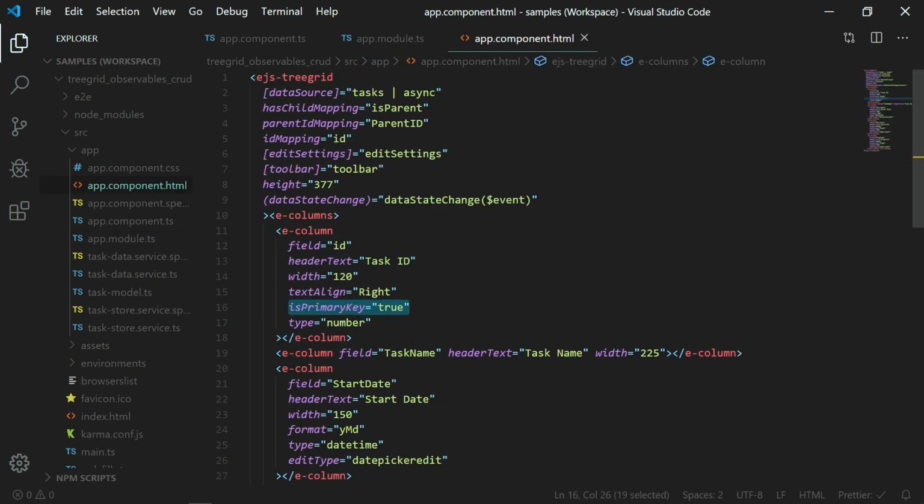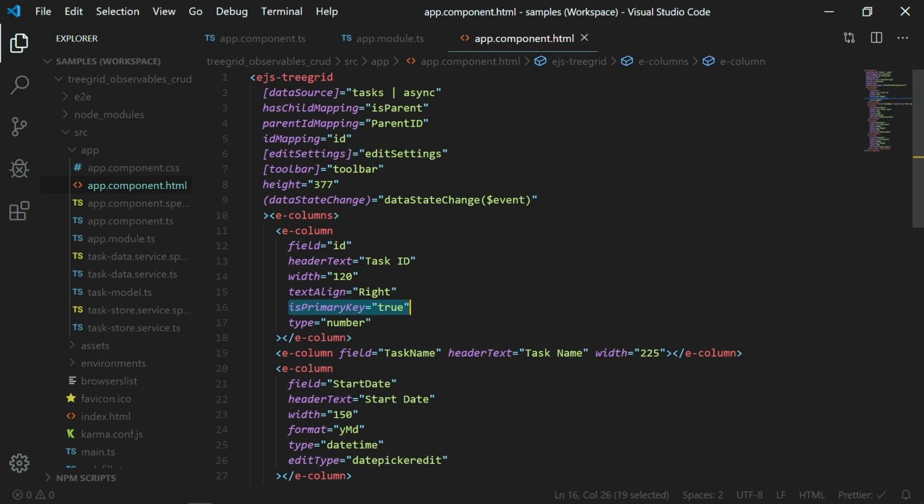And I have already set the ID field as the primary key column. You need to check whether you have set a primary key column to the TreeGrid. If the primary key is not defined on the TreeGrid, then the edit and delete actions take place at the first row. You can download this sample from the link provided in this video's description with the label try sample.